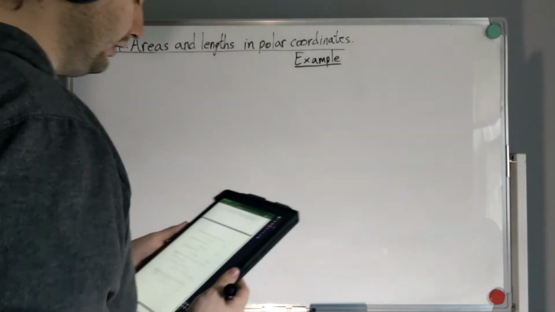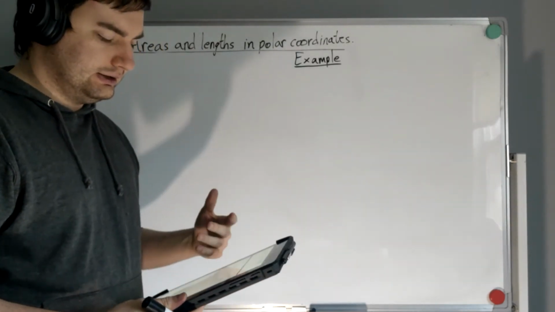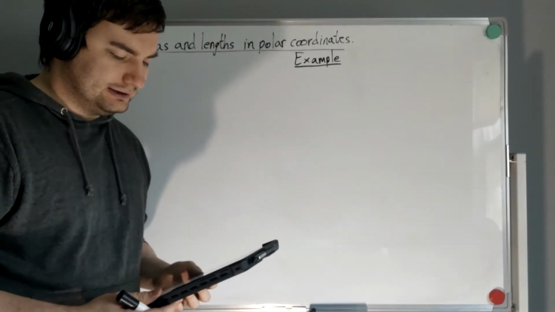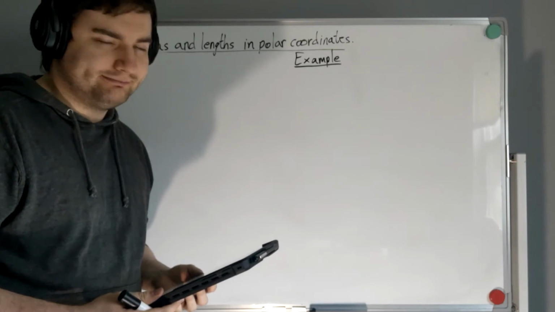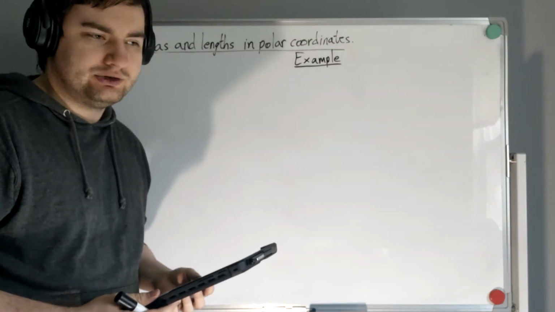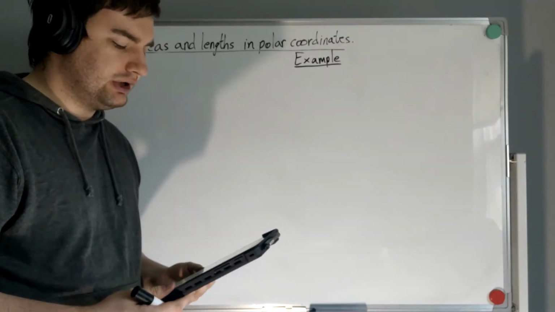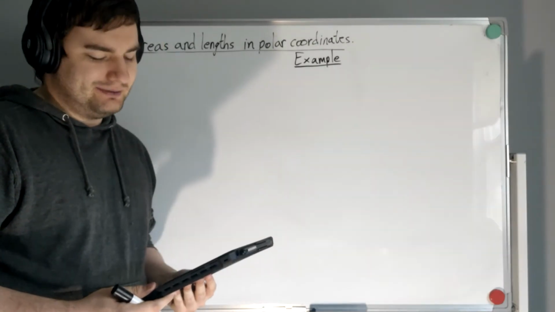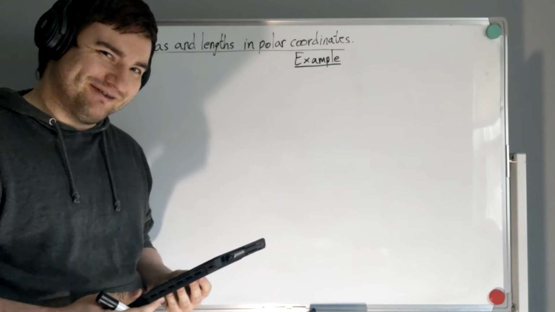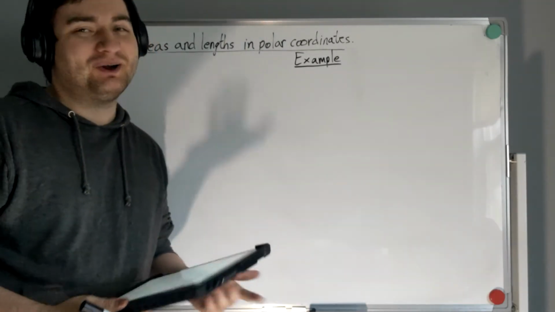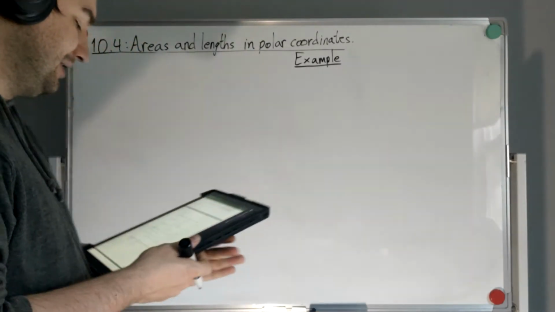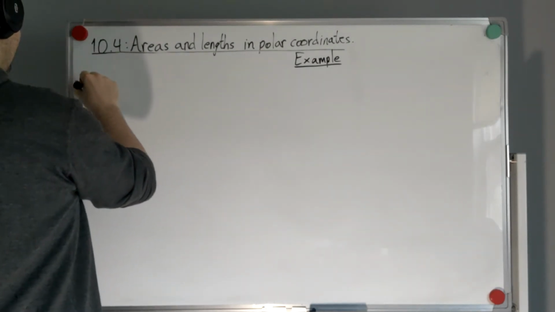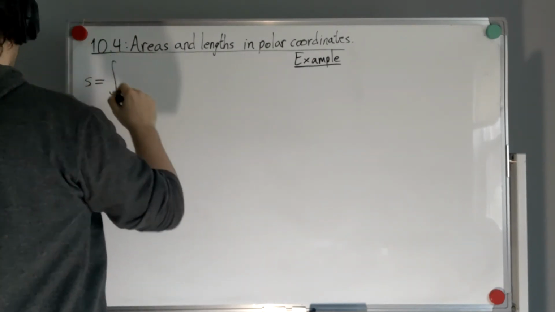Now, in my notes, I go through a little bit of how you get this formula, and I guess it's interesting. Basically, it talks about a connection between parametric descriptions and polar descriptions, but somehow I don't think it's really important for the lecture right now. So if you really want to see it, you can look through the lecture notes, but ultimately it just turns into this. The arc length is the integral from